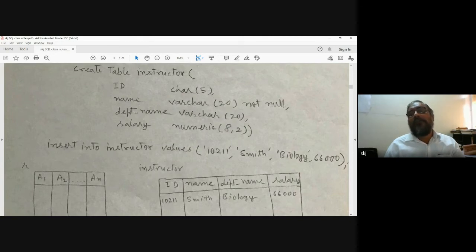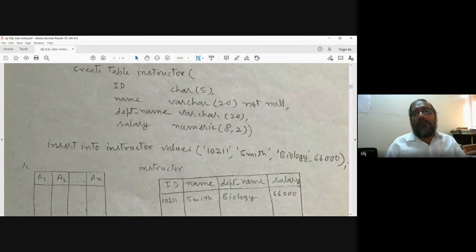It should not be null. This is the constraint, a condition on this attribute. Similarly, department name is variable character 20, and salary is numeric 8 comma 2, which means how many digits can appear after the decimal point. And this is the right parenthesis.